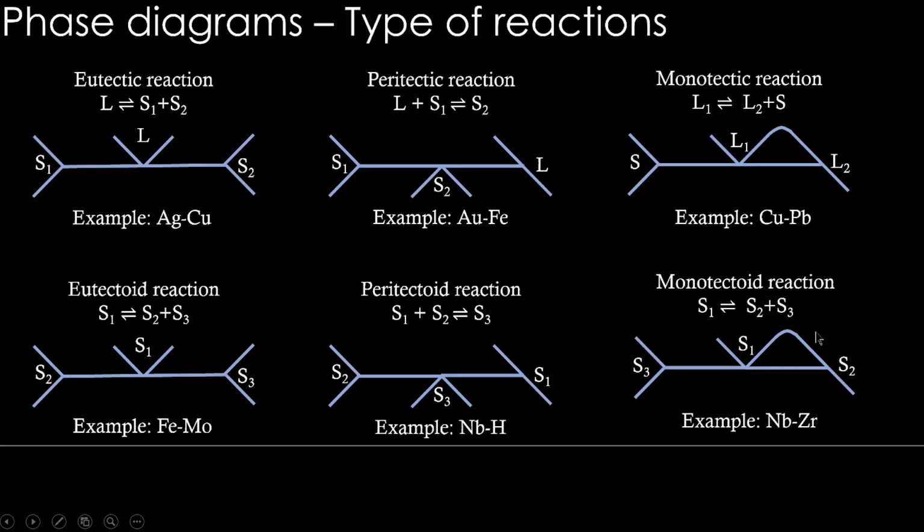Okay, so this may look similar to this eutectoid reaction, right? So here one solid gives two solids, here also one solid gives two solids. But the distinction between eutectoid reaction and monotectoid reaction is the two solids that are there here. The one is S1 is the parent and S2 is a product. Okay, S1 and S2 will have the same crystal structure. Their chemical compositions will be different as indicated by this point and this point, but their crystal structures will be same. Whereas in this case, the crystal structures need not be same.